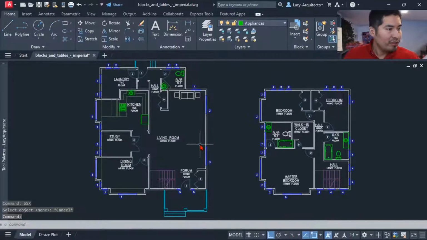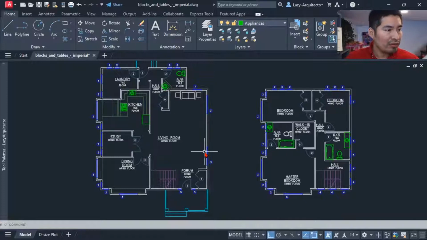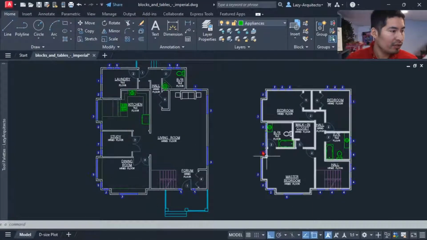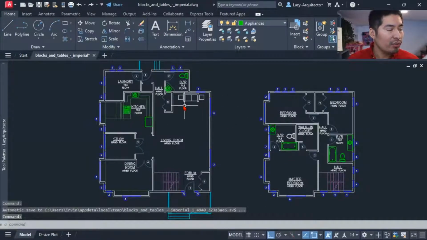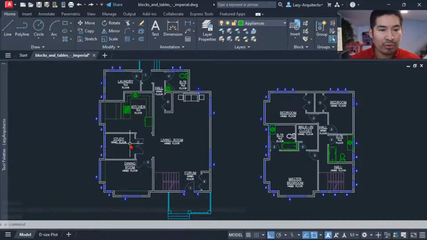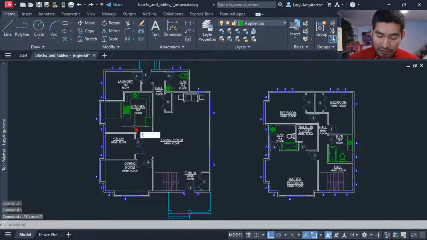So what we're going to create today is a command, a tool that I believe we need, right? The reason why we need this tool is because let's say I want to edit all of my text in this drawing, and to quickly edit my text and maybe change it to a different layer, I could go ahead and isolate my text with the LAYISO command.